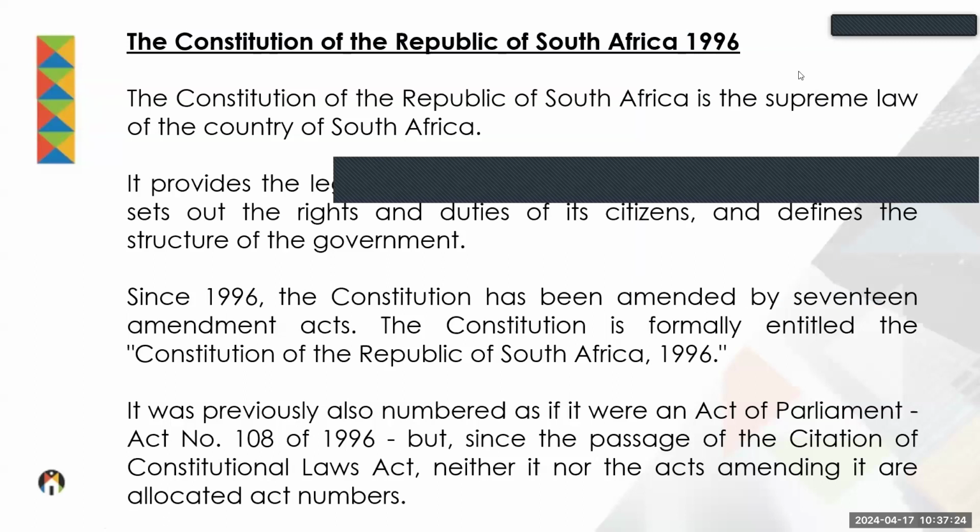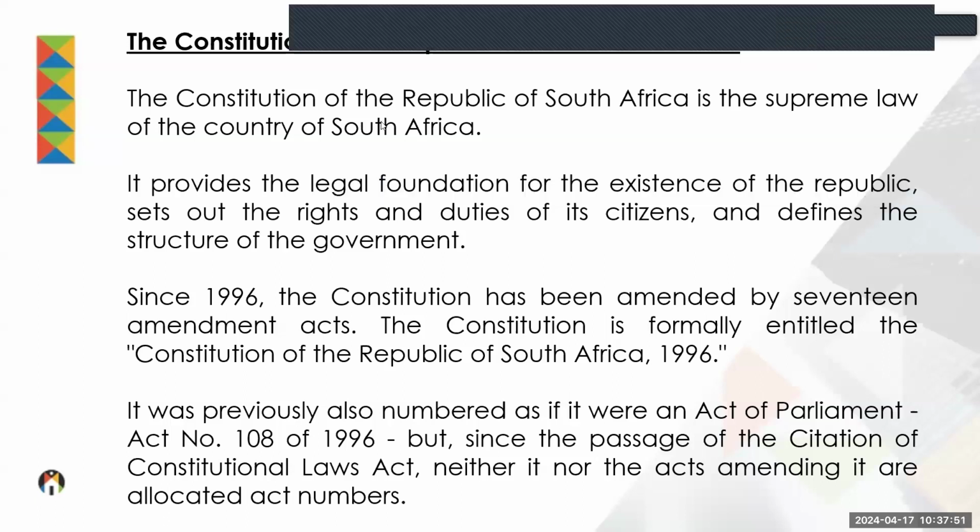So first, let's look at the Constitution of the Republic of South Africa in 1996. Now, the Constitution of the Republic, as you can see there, is the supreme law of the country. That is the law of all laws, and mandates are provided in there for the legislator, etc., to make laws, and how these laws then should be made. So it provides the legal foundation for the existence of the Republic. It sets out the rights and the duties of its citizens, as well as it also defines then the structure